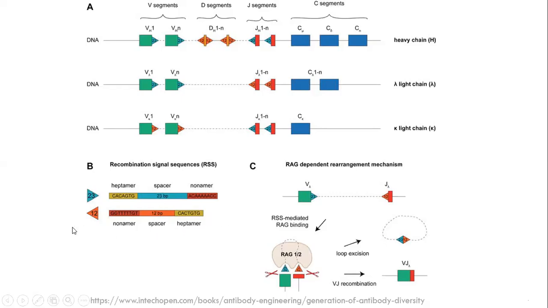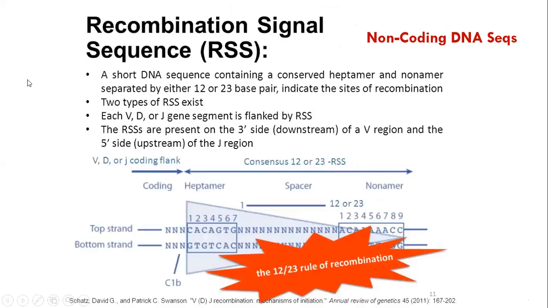You see the directionality I'm talking about. This triangle represents 5' down to 3', and transcription is moving in this direction; here, transcription is moving in this direction. This is the functional unit for how recombination happens by RSS and RAG proteins. Going into a little more detail, the rule is called the 12-23 rule. Only those combinations of 12 and 23 spacers will be combined, no other. 12-12 will not be combined, and 23-23 will not be combined. Only a spacer with 12 will combine with a spacer with 23.